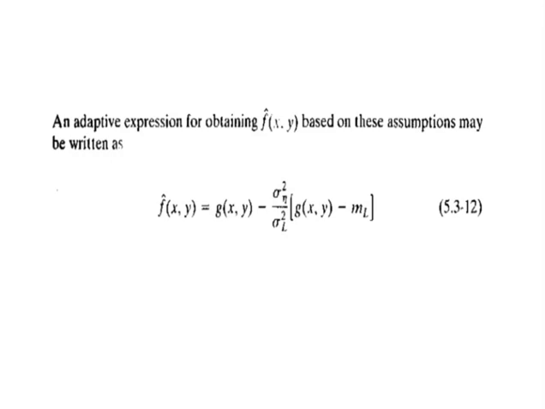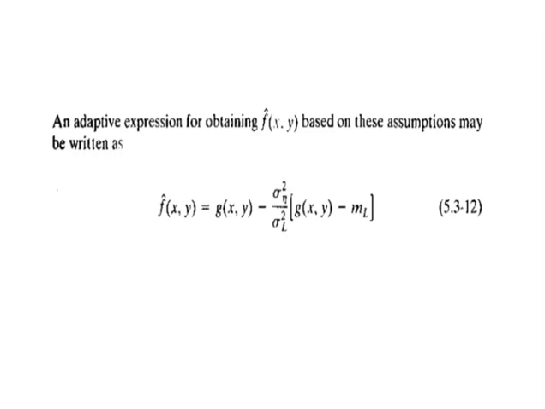Figure A shows the circuit board image corrupted, this time by additive Gaussian noise of zero mean and a variance of 1000. This is a significant level of noise corruption, but it makes an ideal test bed on which to compare relative filter performance. Figure B is the result of processing the noisy image with an arithmetic mean filter of size 7 by 7. The noise was smoothed out, but at the cost of significant blurring in the image. Similar comments are applicable to figure C, which shows the result of processing the noisy image with a geometric mean filter, also of size 7 by 7.